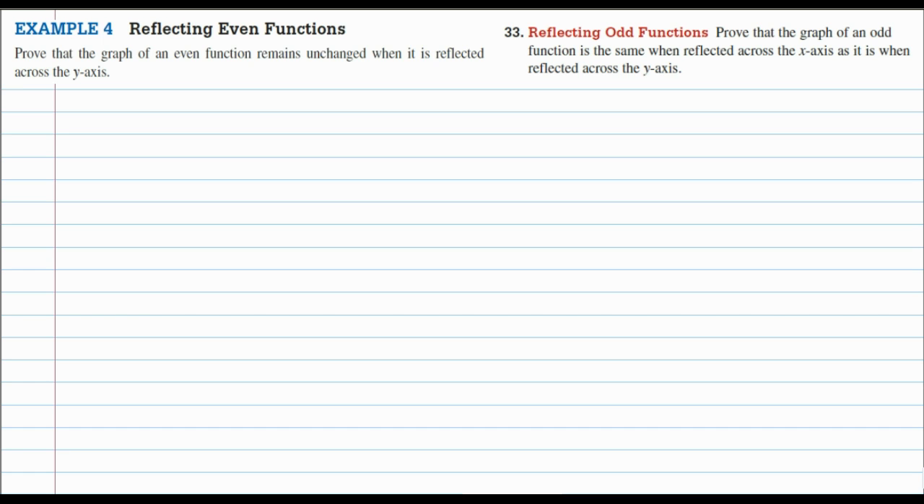So in my head, I'm visualizing an even function, which is the same on the left and the right of the y-axis. So if I reflect it over the y-axis, yeah, the left side's going to be in the same spot as the right side was, and vice versa. But I got to prove this. Well, my given information in this case is the fact that it's an even function. And I know that an even function